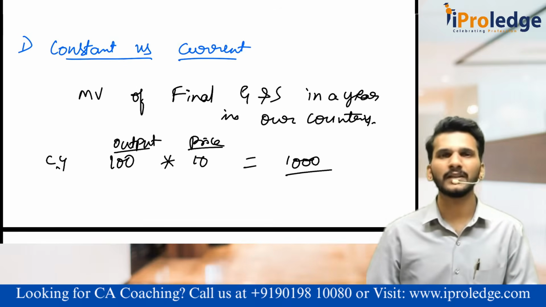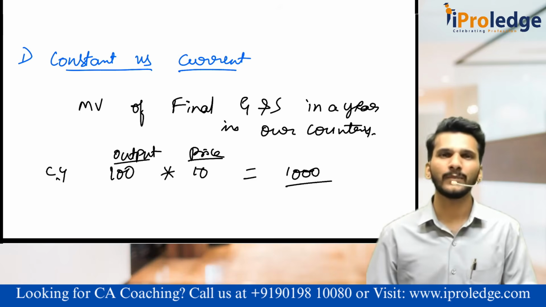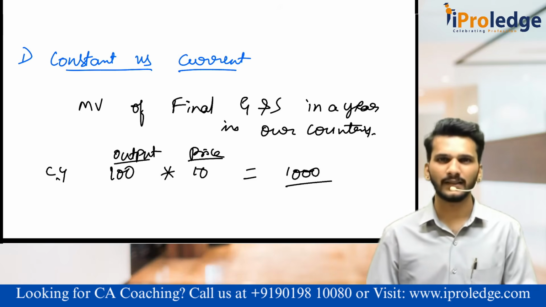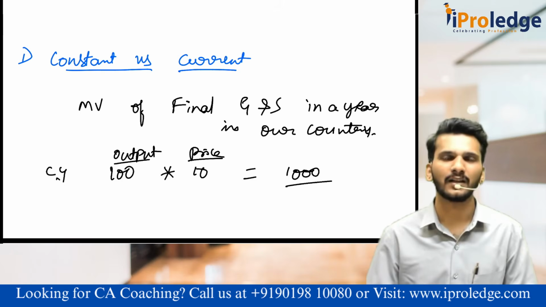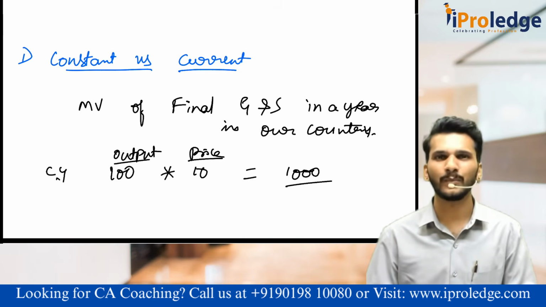So what is constant versus current? We'll take a minute and revise and we'll move forward. Constant is when you measure your national income using the base year prices, we call it constant national income. National income at constant prices. It is always at the base year. What is current prices? When you measure your national income using the